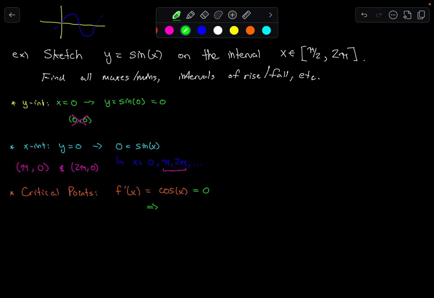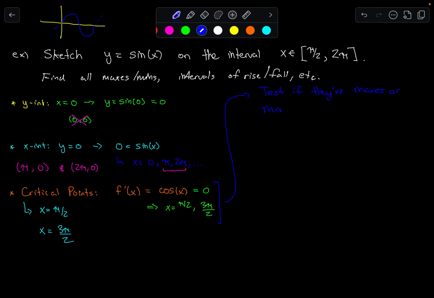Now, cosine of x equals 0 at different points. So this means cosine is equal to 0 when x is equal to pi over 2 and 3 pi over 2. Now, it keeps going forever, but again, we're picking x values on this interval. So our potential critical points are when x is equal to pi over 2, and when x is equal to 3 pi over 2. And now we're going to test to see if they are maxes